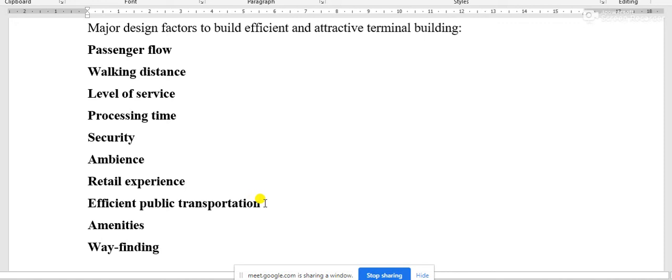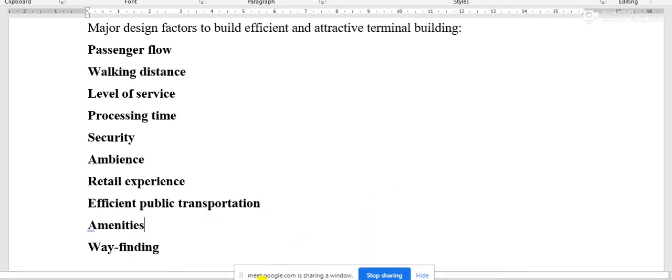Efficient public transportation, obviously, to go to and from the airport, and the traveling experience must be good for any passenger.